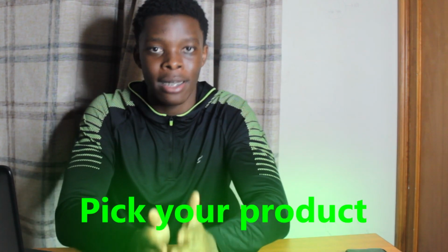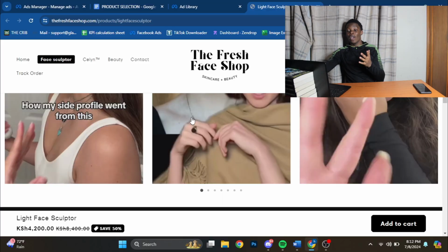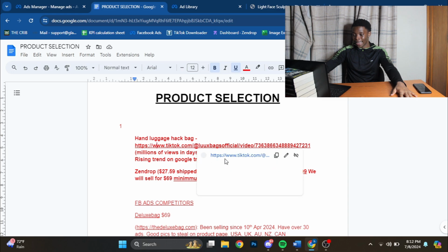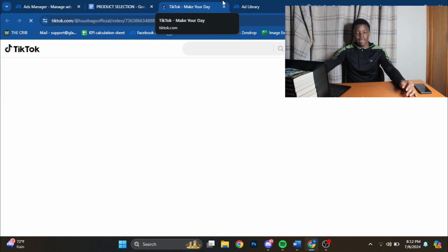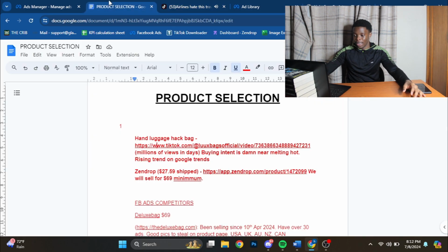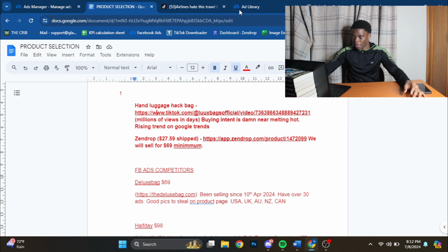Now, during the competitor research phase is when I actually pick the product that I'm going to sell. Now, I'm going to show you where I did this in the past. So here's my product selection sheet / competitor research. You can call it whatever you want, but that's what it is. You can see I looked at this hand luggage hack bag, which literally everybody and their mama is selling nowadays. Yeah, that's the one. And as you can see, just a little more information about the buying intent in the